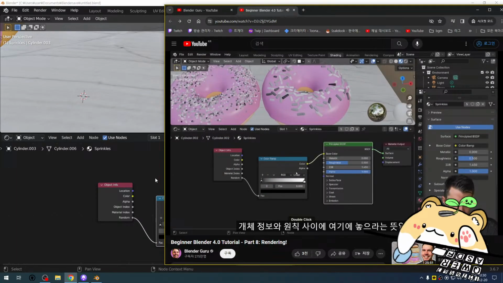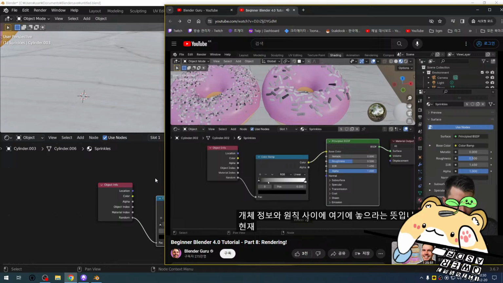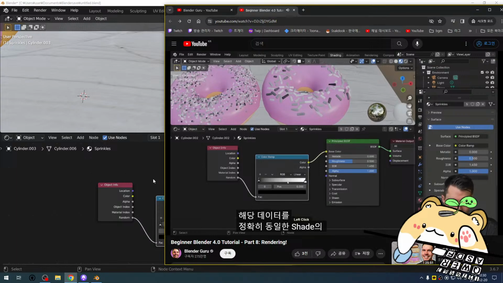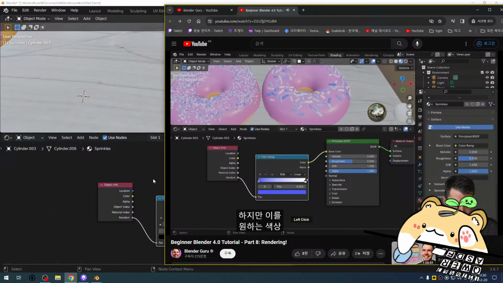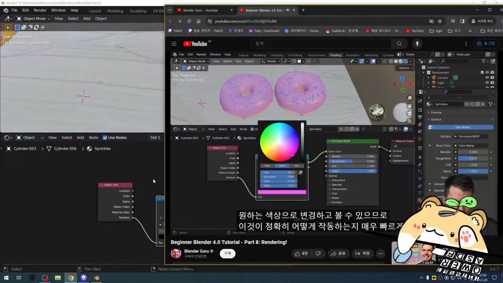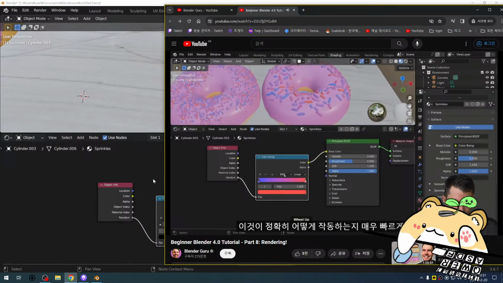Object info and the principled. And currently it is exactly the same because it's just transferring that data into a gradient value of the exact same shades. But we can change this to any color that we want. And look at that. So you can very quickly see this is exactly how we're going to create sprinkles of